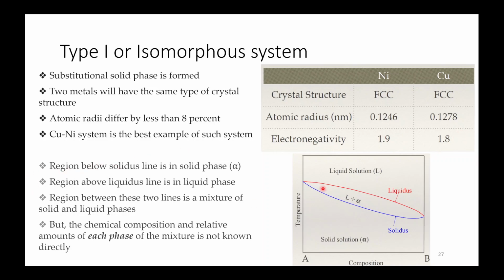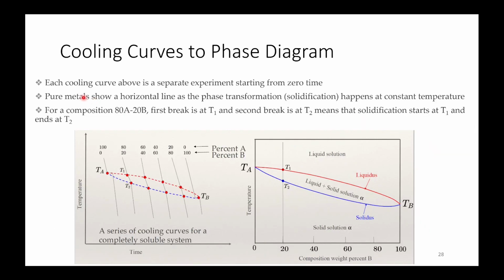Now in this type of diagram, the region below the solidus line is solid phase alpha, the region above the liquidus line is liquid phase, and the region between the two lines is a mixture of solid and liquid phase. But the chemical composition and relative amounts of each phase of the mixture are not known directly. So here